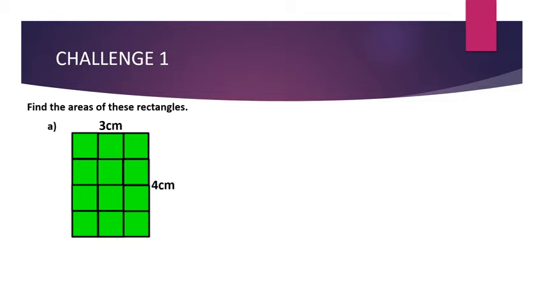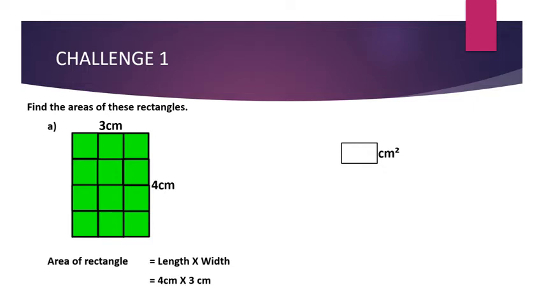Now you have to find the area of this rectangle. First you will write the solution. Area of rectangle is equal to length multiplied by width. As in the rectangle, length is longer than the width, so length will be 4 centimeters and width will be 3 centimeters. You will put these values in this formula. The formula of area of rectangle is length multiplied by width, and the length is 4 centimeters and width is 3 centimeters. So you will put it here.